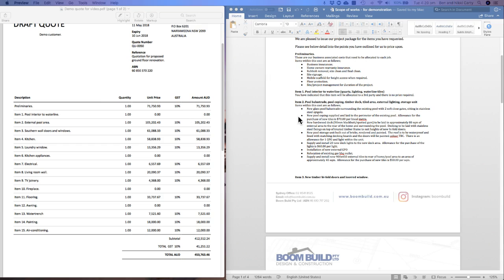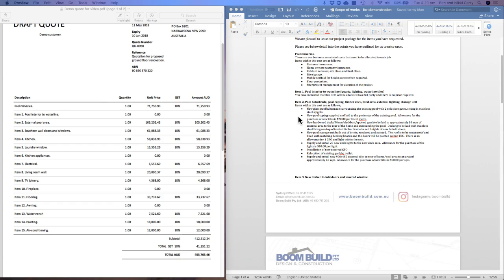Now, these things can be assumed, and 90% of the time, this is probably what is being quoted upon. But you don't want to assume that you're getting a hardwood timber with stainless steel fixings, sign a contract, and then find out what you're actually getting is a treated pine deck that's being hand nailed with galvanized clouts. It's not the look that you want. It's not where you thought you were being priced at. And these are small things, but important items that need to be known up front. So you get the idea that as we go through, we try and specify exactly what we're giving you and